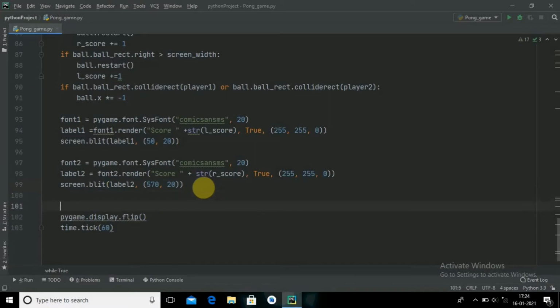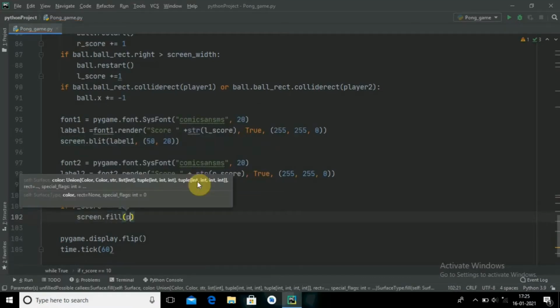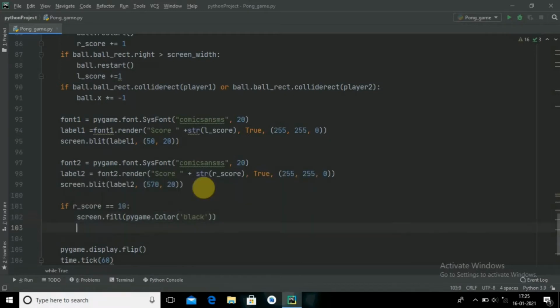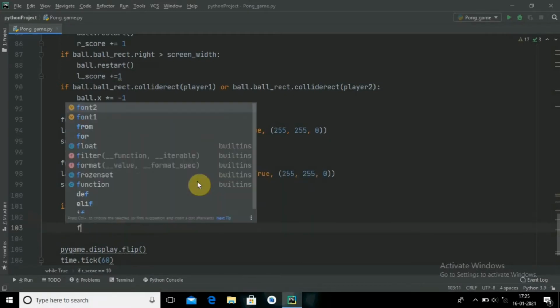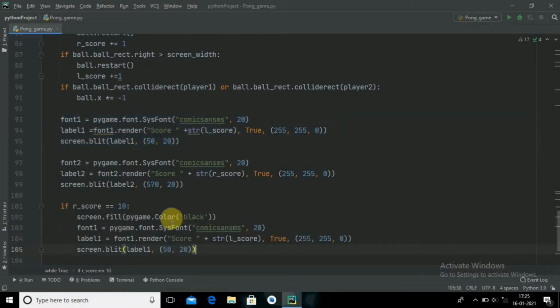For that, simply I will copy here, paste over here. No,